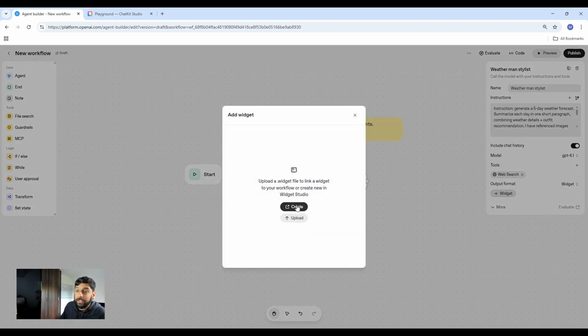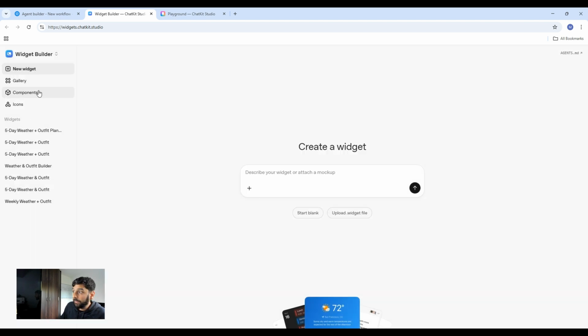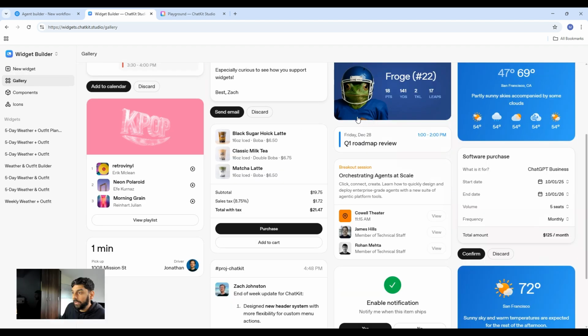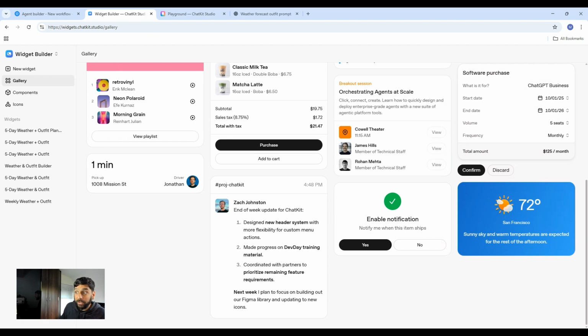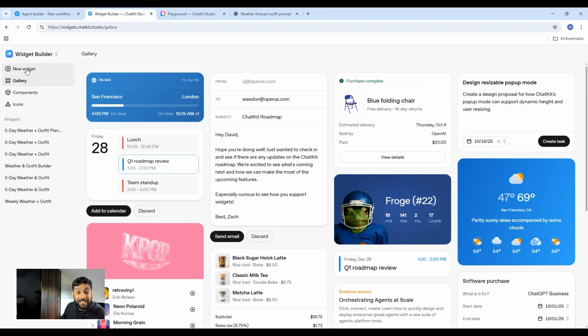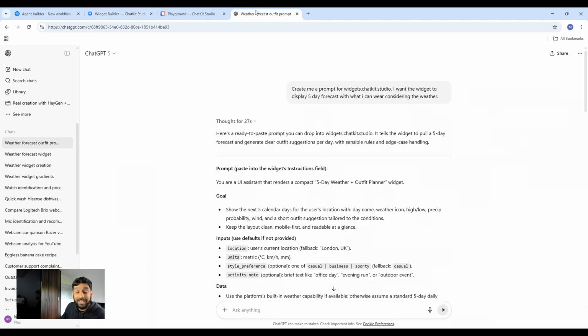You are then taken to the widget builder. The widget builder has its own gallery of pre-built widgets, which you could select from. So considering we're going to build a widget from scratch, what we need to do is go to the top, select new widget. And the easiest way to do this is go to ChatGPT and tell it to create you